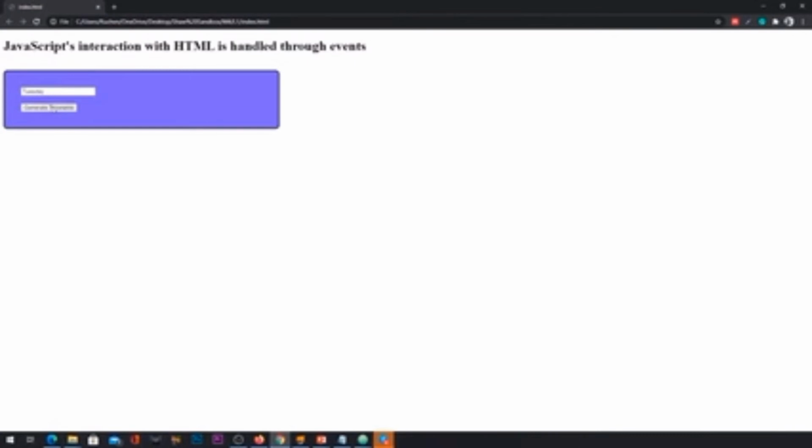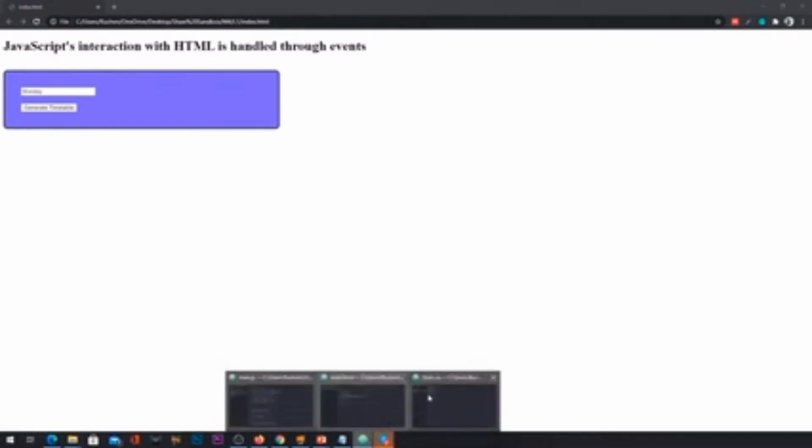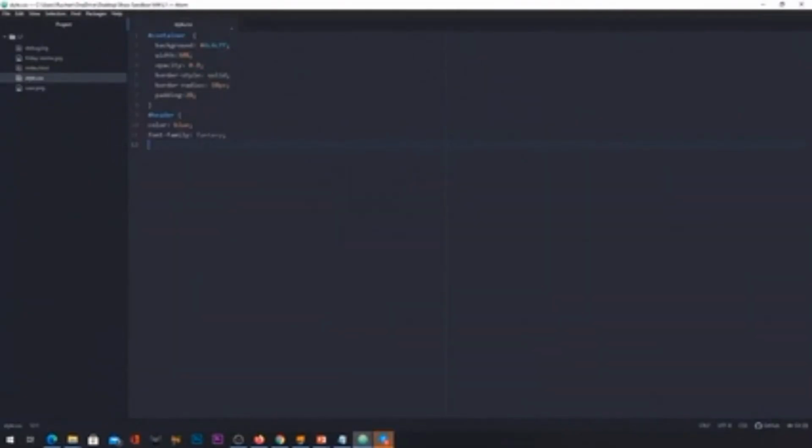So nothing happens when I click this button. Even if I put in a different day of the week, nothing is going to happen. And this is because we don't have any JavaScript code embedded. So we need to go and hook that JavaScript code up, much like we do with our CSS document, so that we can get all of that functionality. Now, what we need to do next is we need to include all of the JavaScript code. But before we can even do that, we need to create a